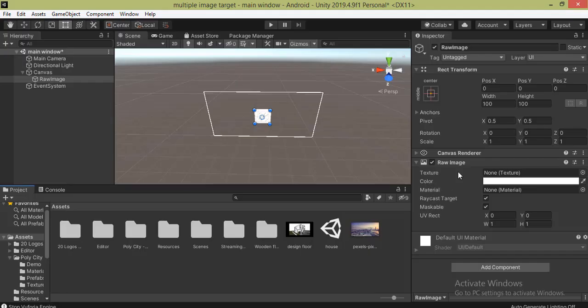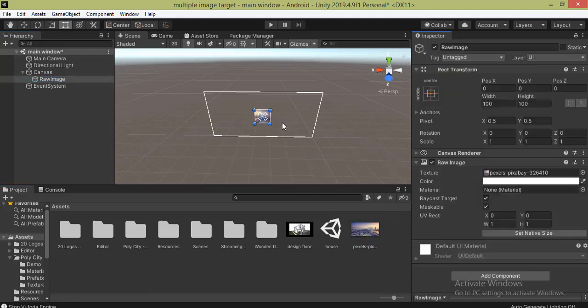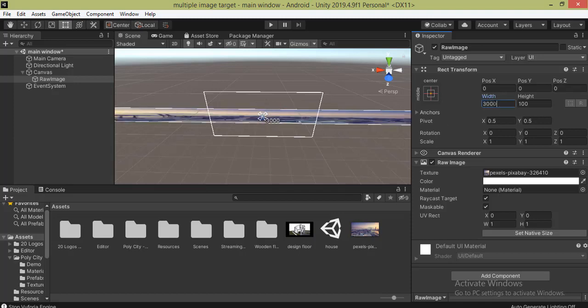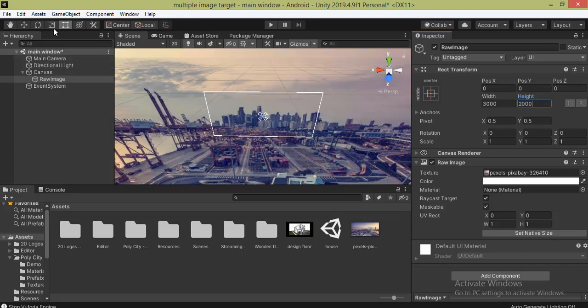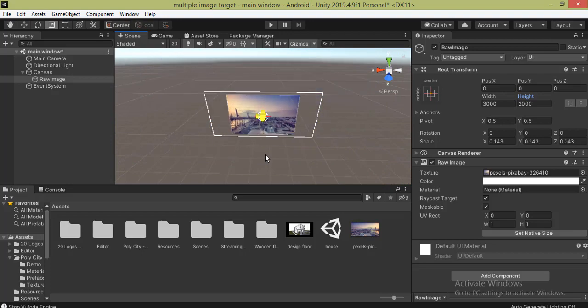Now I click on the raw image, and you will see in the Inspector panel the raw image properties have appeared here. I click on this image and drag it into the texture. After that, I increase its width to 300 and the height to about 200. Now I select the scale tool and reduce it.